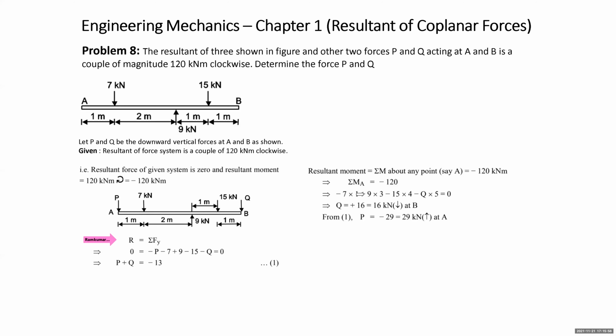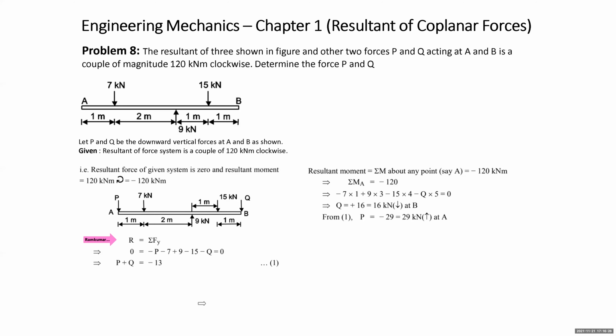अभी इसको मैंने सॉल्व किया तो there is only Q as unknown. If I solve it, Q comes plus 16. प्लस का मतलब अभी क्या हुआ? That means its assumed direction is correct. इधर लिखने का जरूरत नहीं है, आपने सॉल्व कर लिया पूरा प्रॉब्लम. Finally your Q came positive, that means the assumed direction is correct. Q का वैल्यू मैंने इधर डाल दिया इक्वेशन नंबर 1 के अंदर, तो मेरा P क्या आया? -29. माइनस का मतलब क्या है? मेरा assumed डायरेक्शन P का रॉन्ग था. ये मैंने डाउनवर्ड assume किया, डाउनवर्ड नहीं होएगा, ये अपवर्ड होएगा.